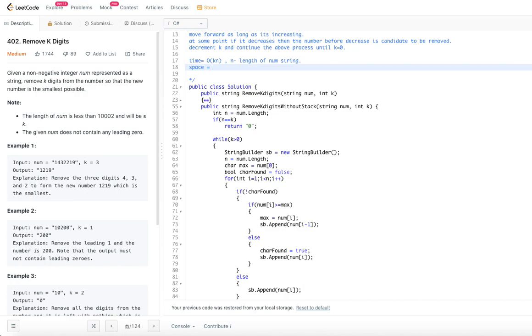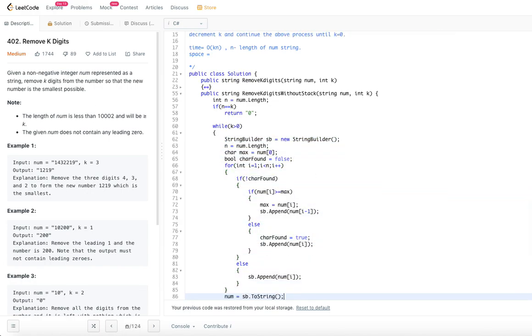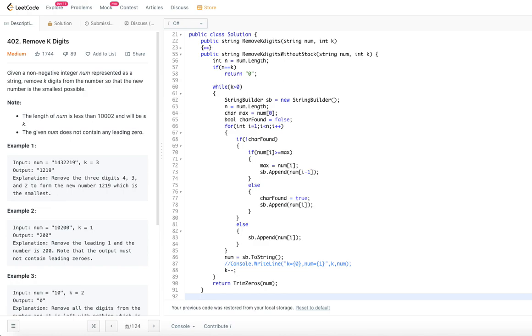So let's go ahead and look at the space. The space that we are using is the string builder, this one, right? How much is the length of the string builder here? It is 1 less than the number every time, right? We are appending all the numbers except 1.